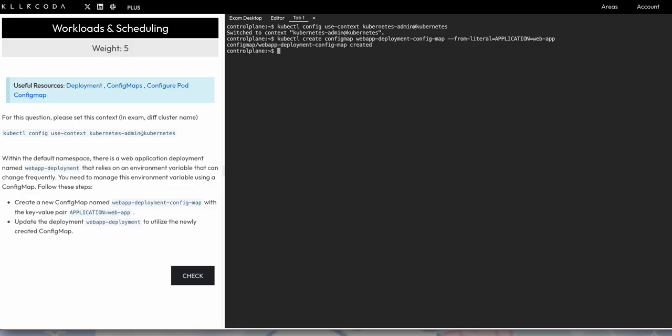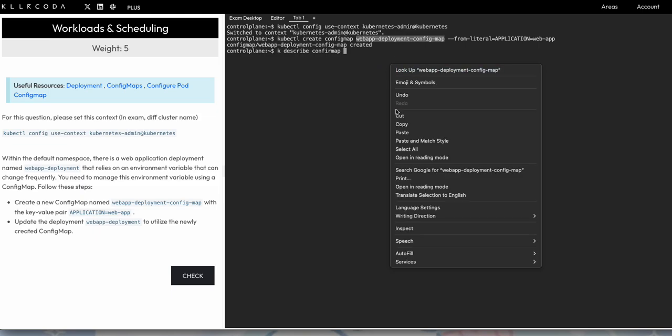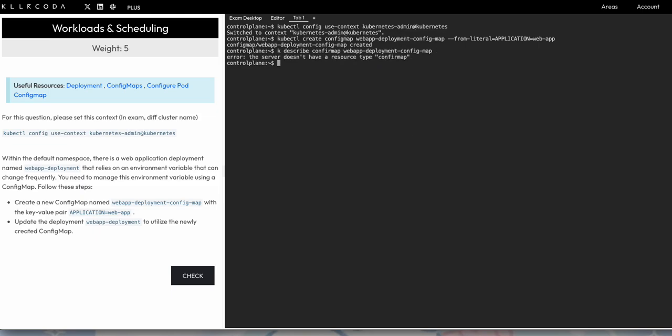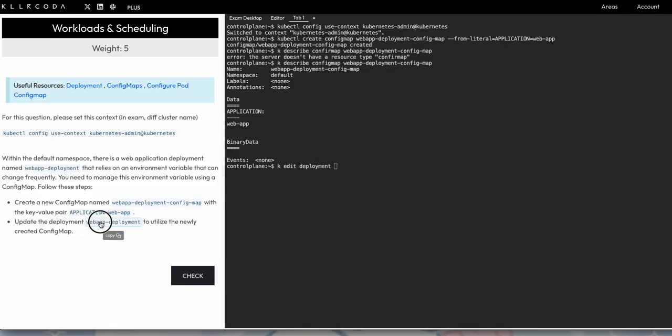So it's created now. If I describe the config map, we have application web app. Now update the deployment to utilize the newly created config map. So we'll just edit the deployment directly, web app deployment,